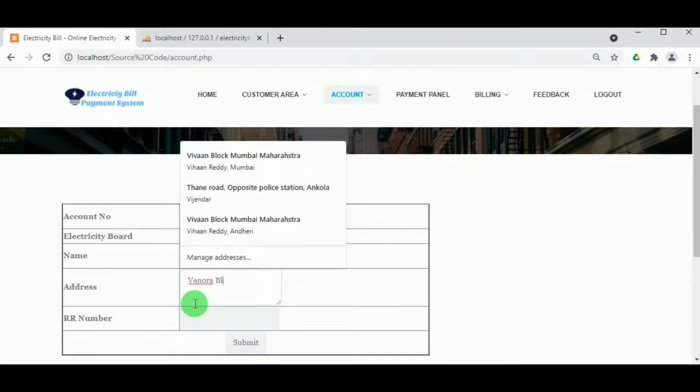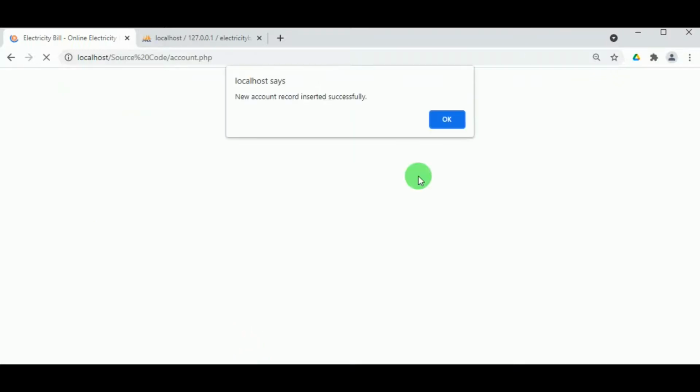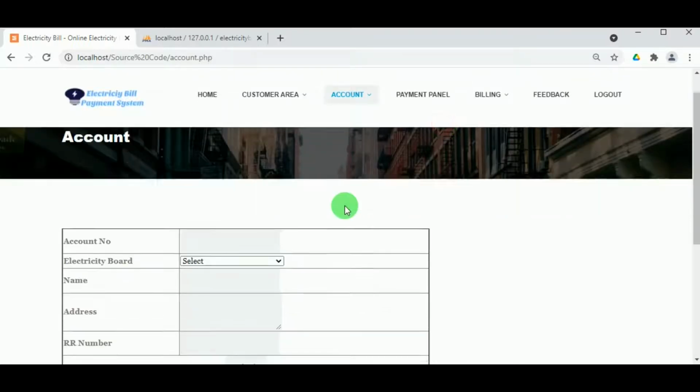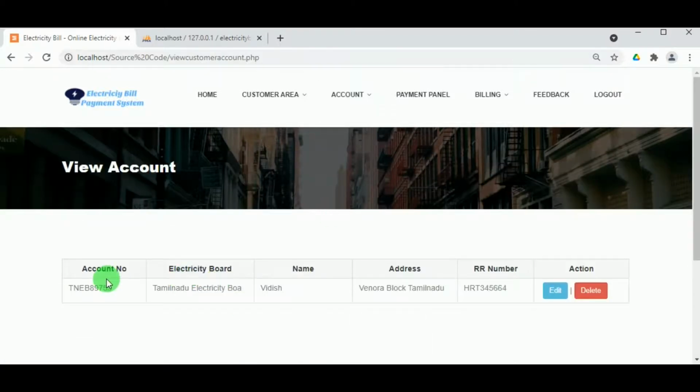And the RR number of the electricity bill must be entered here. By clicking on submit, the account will be added,